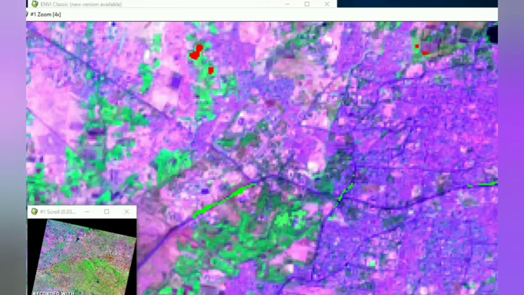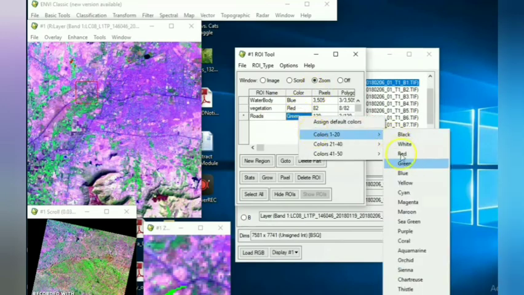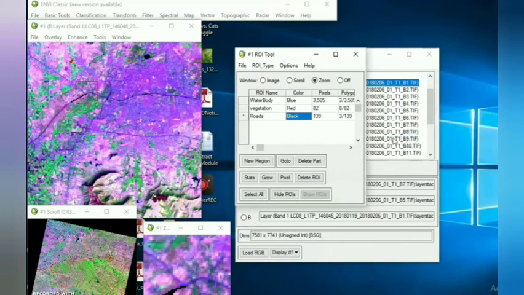In this case, we have selected the region of interest as a polygon. You can select it as a polyline or you can select it as pixels. So one by one pixels you can select and that gets added into the ROI. You can change the color of the ROI.